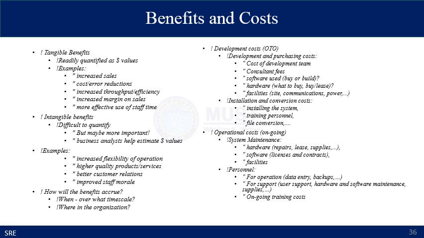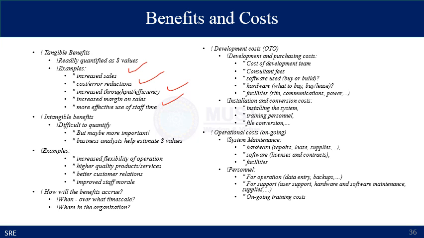For example, development of the system has some increased sales in terms of numbers. It has decreased cost or error reduction. It has some increased throughput or efficiency, or it has increased margin on sales or more effective use of staff